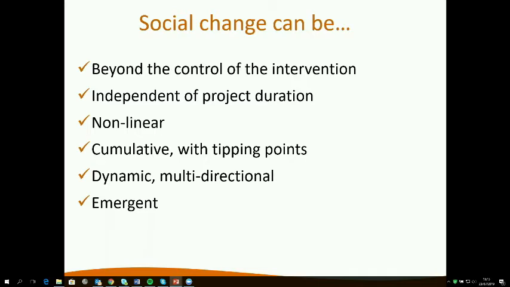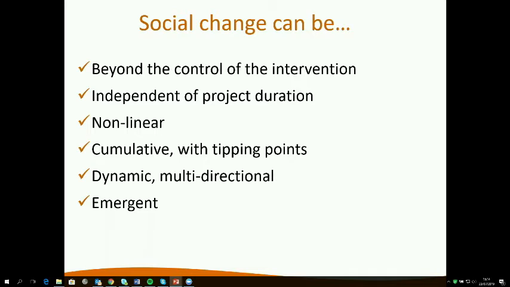But OM really helps recognize the complex messes that we encounter and tries to make sense of them in an accessible way, and really tries to do something about them. So it doesn't just recognize the complex messiness of the context we're working in, but tries to hone in and see where we can make a difference as an intervention, or intend to make a difference, and how we can capture that. How can we monitor and evaluate it?